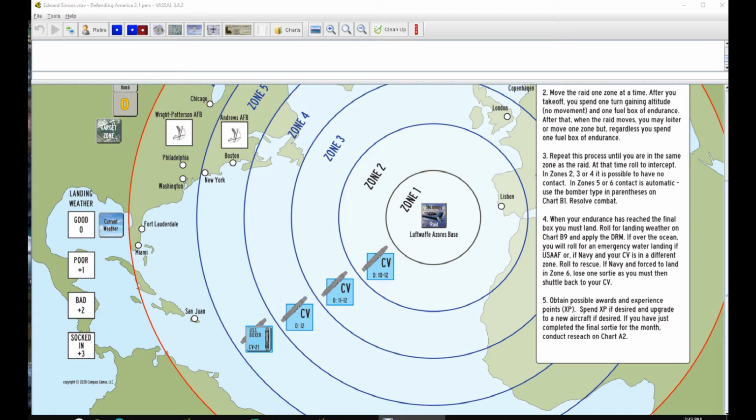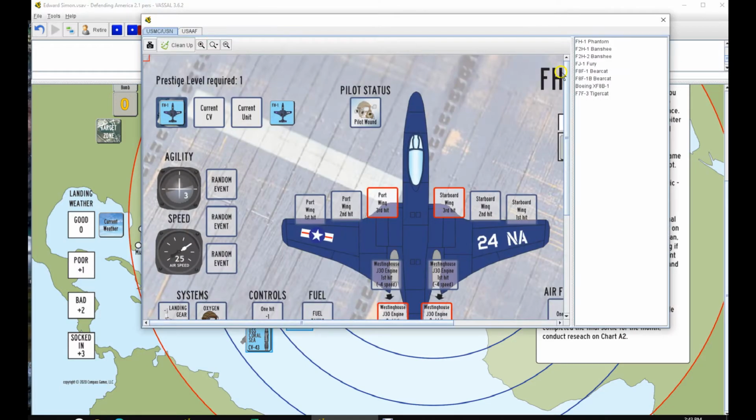Everybody, welcome back. Defending America by Compass Games, designed by Gregory M. Smith. We are playing Edward Simon of the U.S. Marines stationed on the USS Coral Sea, VMF 121. And somehow the Coral Sea is not selected there. Make sure we got that right over here. We are in